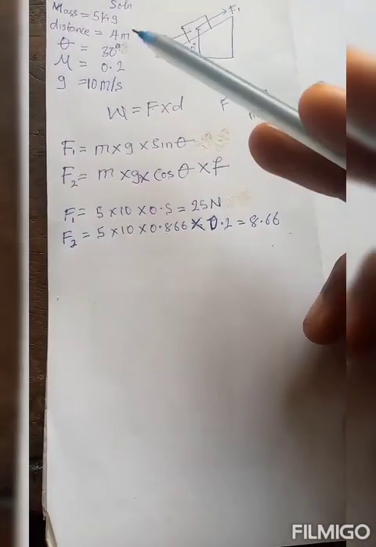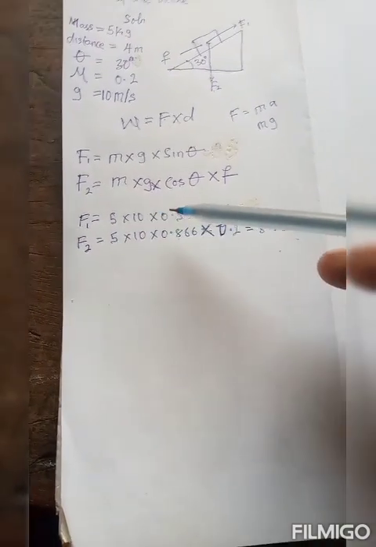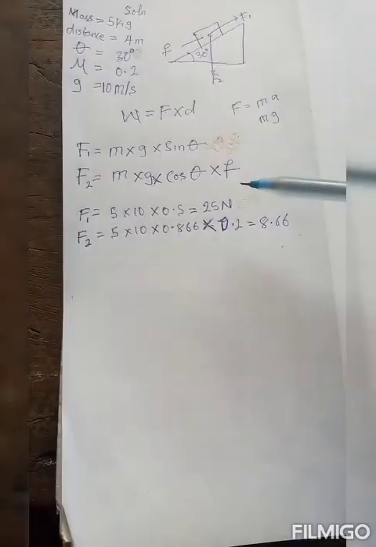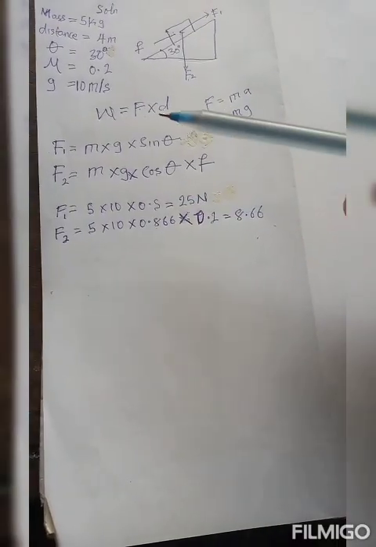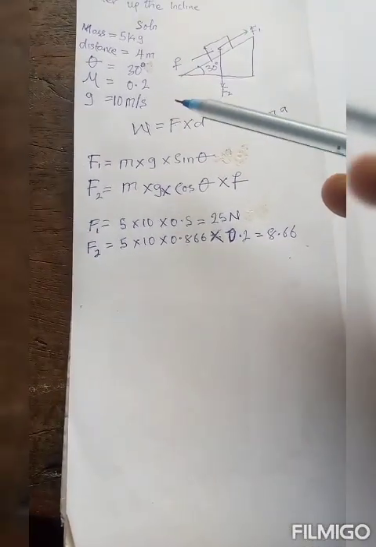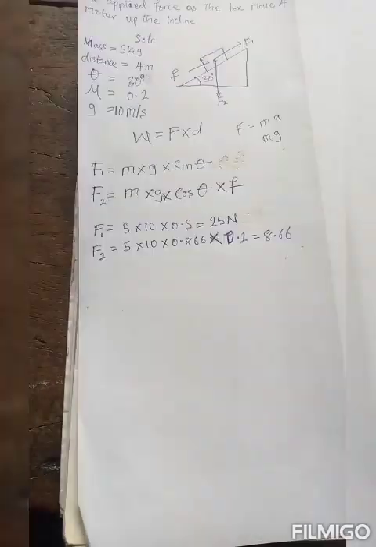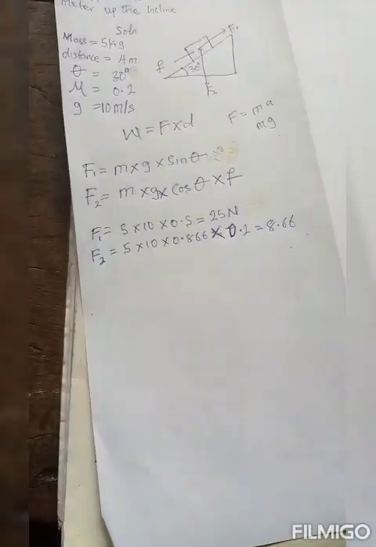So as you can see, next we multiply each of these. We have 5 for our mass times acceleration due to gravity times our sine theta, which is 0.5, so it is 25. And we have 5 times 10 times 0.866, which is cos theta, times 0.2, which is our coefficient of friction, to give us 8.2. Now what we do next is we add up this force to give